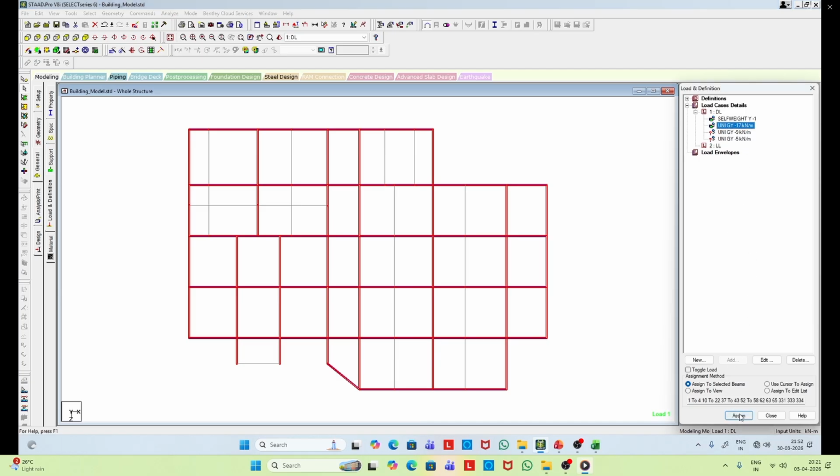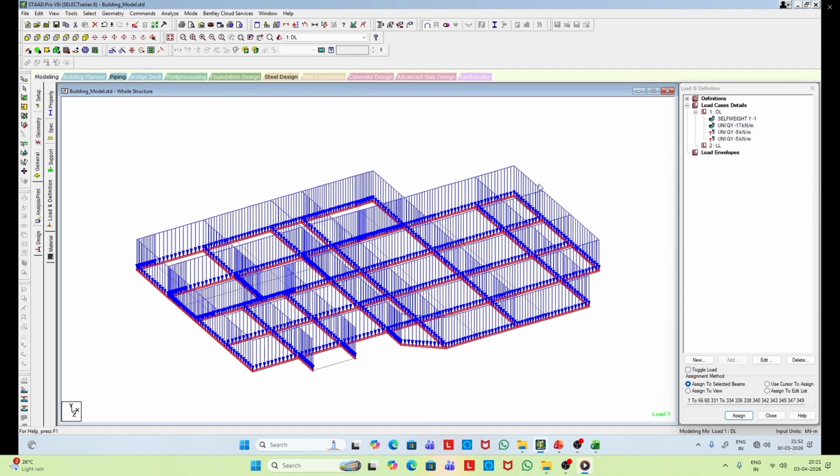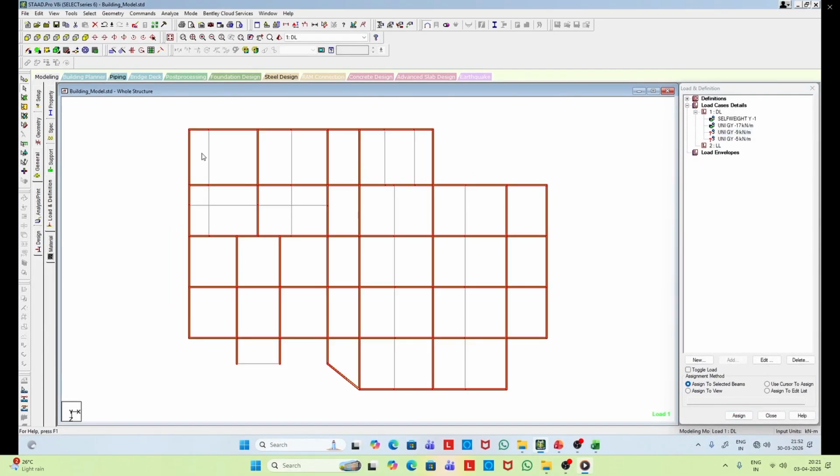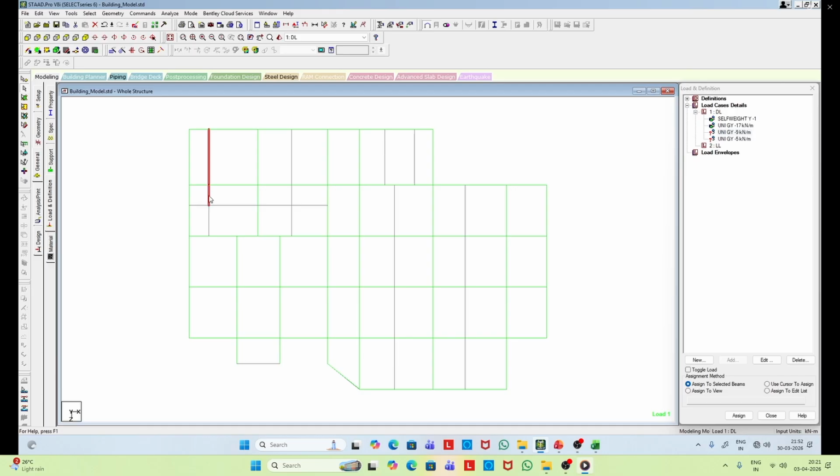Then again assign the load. Now the remaining beams at this floor level are selected.